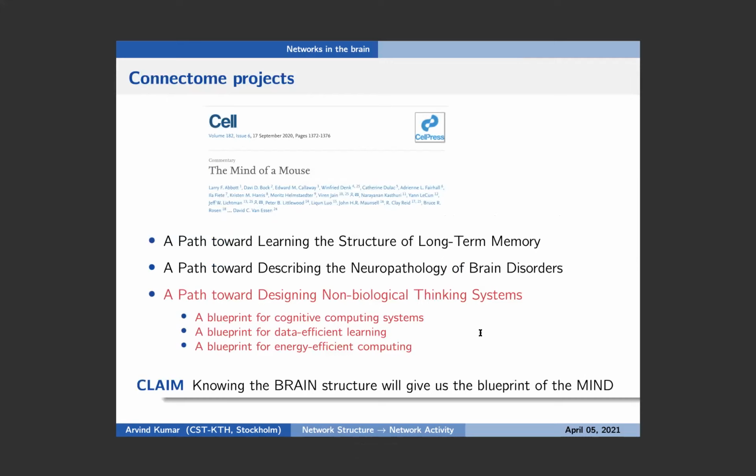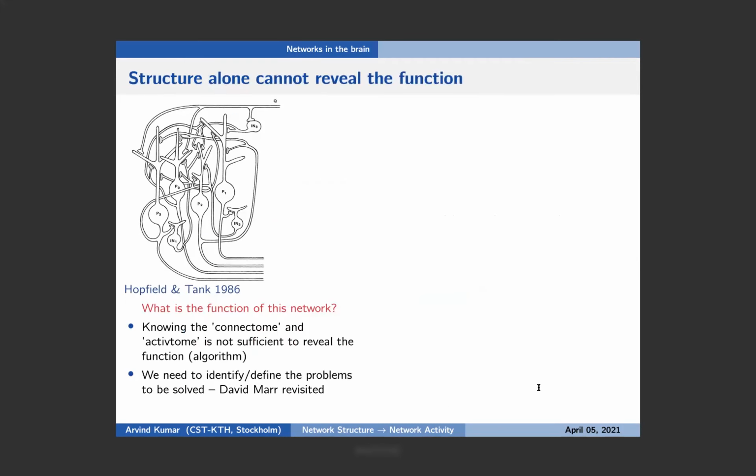So essentially, in this commentary, the claim is that if we know the structure of the brain, we will know the mind, or function at least. Now, this issue of function is very tricky. What is the function? Function really depends on many different things, not just the object that you have in your hands. Taking a trivial example, what's the function of a hand? Well, the function of the hand depends on the person whom it belongs to. Similarly, the function of a network depends on where it is embedded. It's not a unique property that exists without the embodiment of this network in the environment.